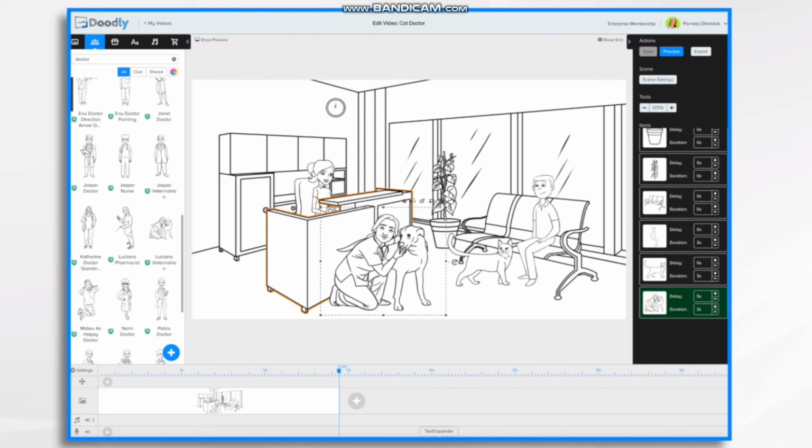So that's the basics of working with your scenes, characters, and props. In the next video, we'll go over adding additional scenes, voiceover, music,